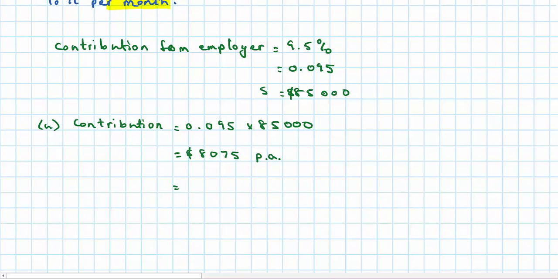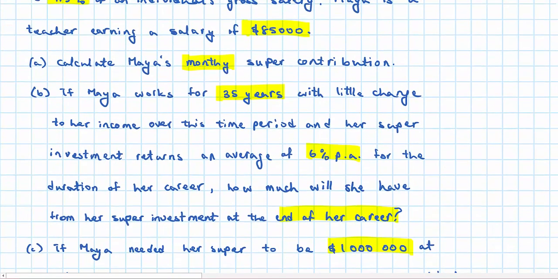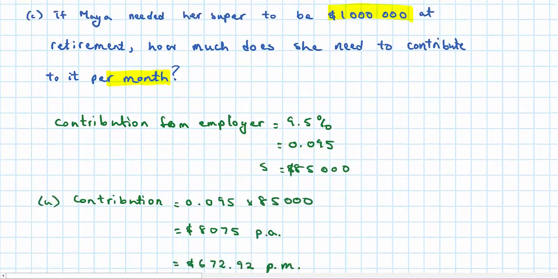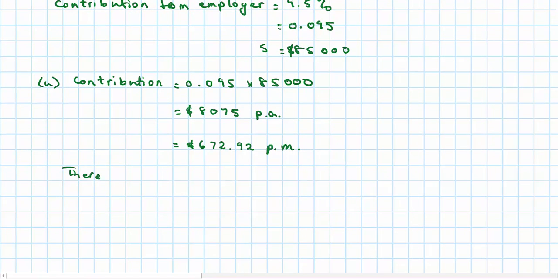That divided by 12 is $672.92 per month. Okay, so we know how much is being paid into her super account on a monthly basis. We had the question, calculate Maya's monthly super contribution. So let's write, therefore,